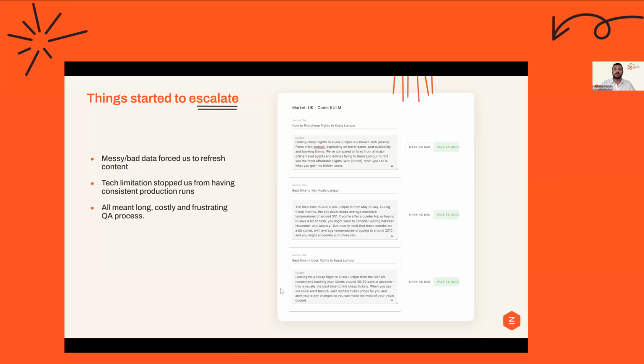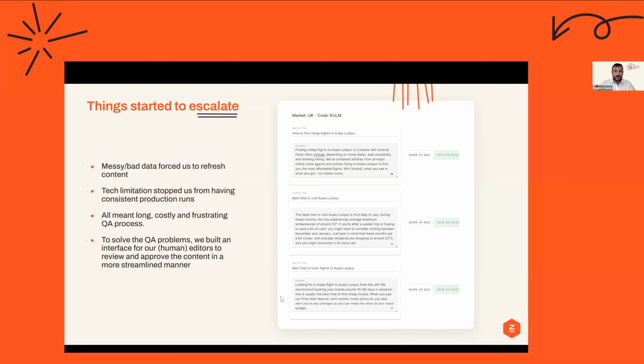So imagine you go, yep, we should be on time. Oh, no, we're not on time because we found a batch of content that needed rework, which has been frustrating for us and the clients as well. And so we ended up building our interface for human editors to review and approve the content in a far more streamlined manner. So all of those learnings, we turned that into a process that is fairly simple,